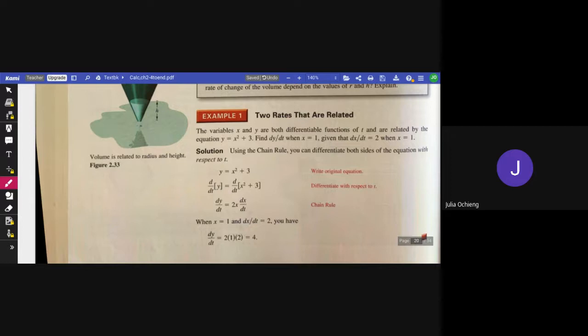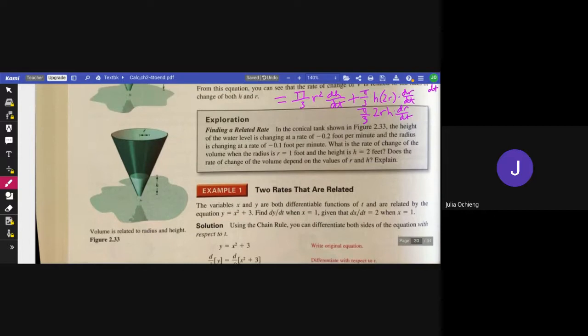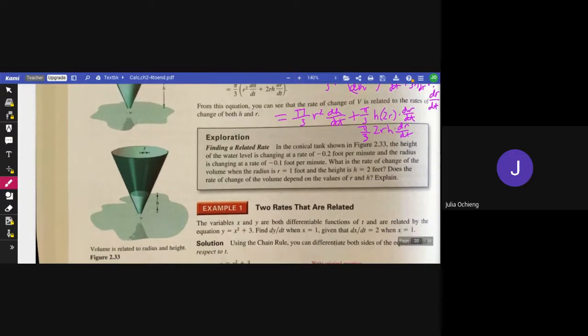Try and think about this problem without looking at the solution. I know it's kind of there, so I'll even move this down a little so you can see all of it. And the question here is, the variables x and y are both differentiable functions of t and are related by the equation y equals x squared plus 3. They want you to find dy over dt, and they give you some information. The information they give you is that x equals 1, and they also give you the information that dx over dt equals 2